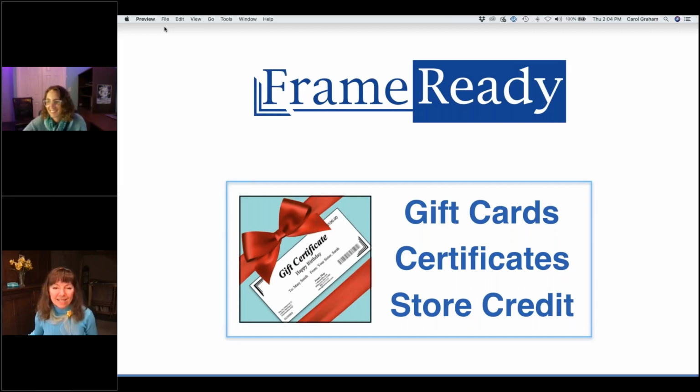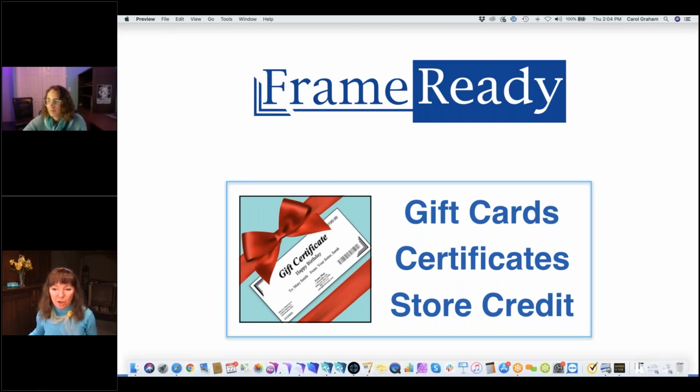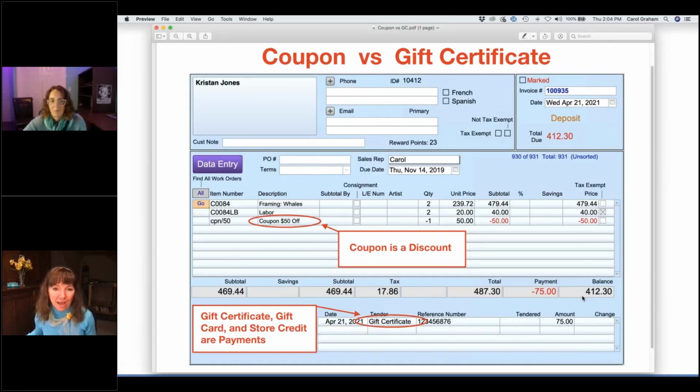Today's webinar is on gift cards, gift certificates, and store credits. And I'm going to start out with a little explanation because sometimes people think about coupons as well, and coupons are different. The three things that we're going to talk about today would all be entered into the payment section